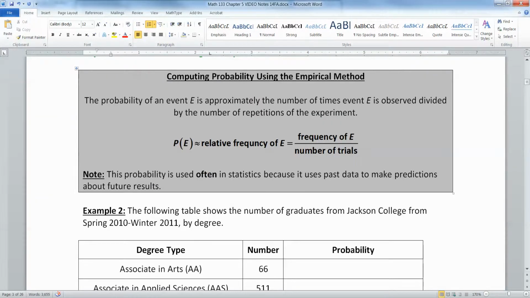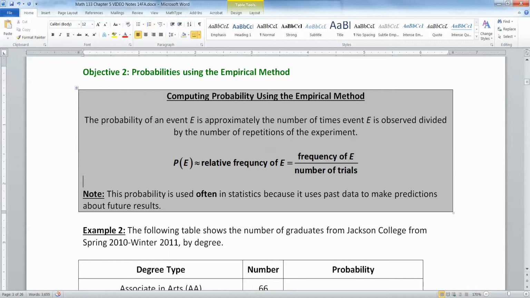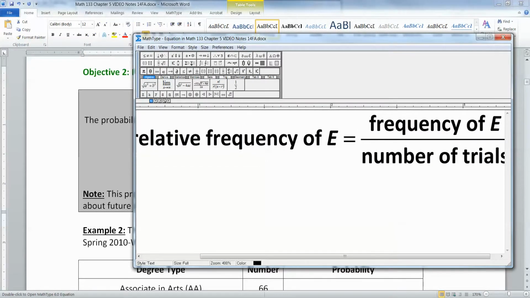All right, now let's look at the first of the two methods we're going to use to come up with probabilities. So there's the empirical method. Empirical method means we're going to take empirical evidence. We're going to take data from the past and make inferences about the future. So obviously this is a very important and potent thing for us to work with in statistics. So we take the number of times we have observed event E and divide it by the number of trials, and we say, ta-da, that will be our probability, more or less, right? It's the relative frequency of E.